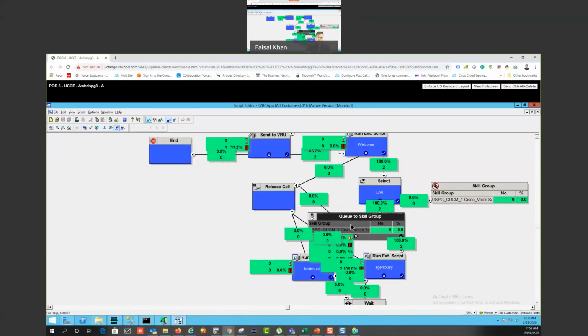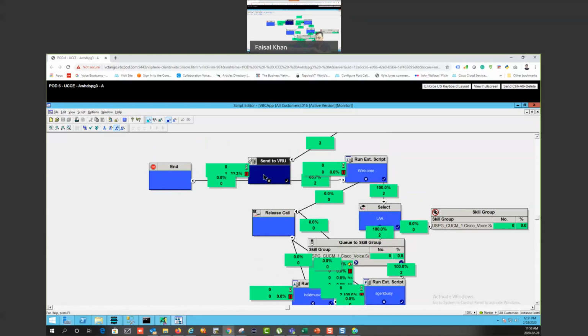So when it hits the queue to skill group, you're going to have to establish a VRU session with your CVP or IVR platform. I have already established that a little in advance right here, called send to VRU, because I was supposed to say welcome to voice bootcamp at that moment. But you can also use send to VRU at that stage as well. So what does send to VRU really do? A lot of times people may not understand that. What this send to VRU is doing,